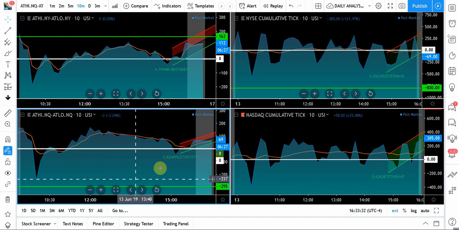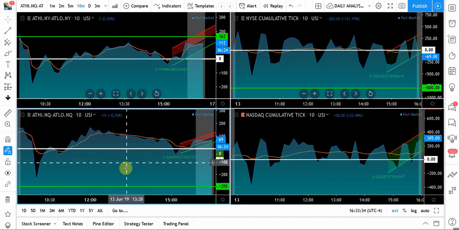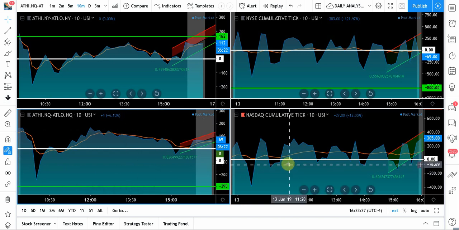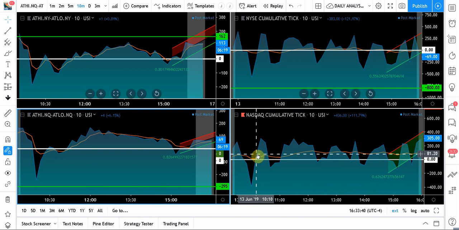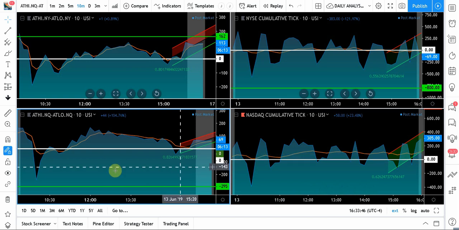And the at high at low, it's like all the new highs of the day minus all the new lows of the day. It adds another dimension to tick, which is really sort of like advanced decline, where more things are moving up than down. But if you add this dimension, when the market's going up, I can see on a streamer that I have the highs are buying and the lows are not selling. And when the market's going down, that shifts around: the highs of the day stop buying, the lows of the day start selling. There's this shift that's always going back and forth when the market's going up and down